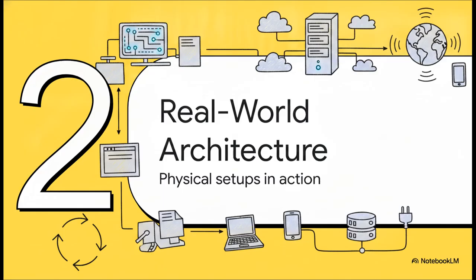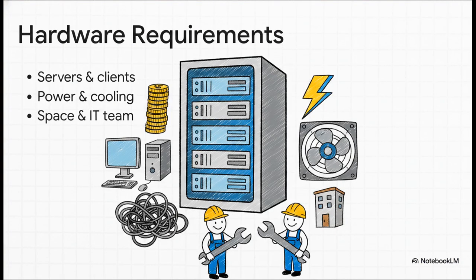Moving on to Section 2, real-world architecture. Let's ground this theory in a scenario you'd actually see in the real world. Imagine a college or a growing company that needs to set up an enterprise resource planning, or ERP, application. Just to get that one single app up and running, they are looking at a massive initial investment. They need physical servers and client terminals. They have to run complex network cabling. They absolutely need uninterrupted power and heavy-duty cooling systems, because without them, a server room basically turns into a sauna and the machines literally melt. And on top of all that, they have to pay recurring salaries for a dedicated in-house IT team